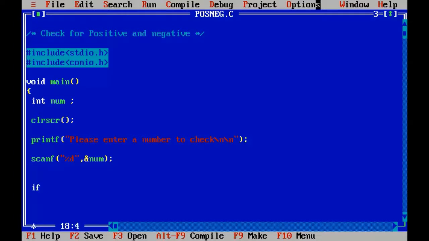So what should be the condition here? If the variable num is more than 0, so I'm going to say %d is positive integer, right?